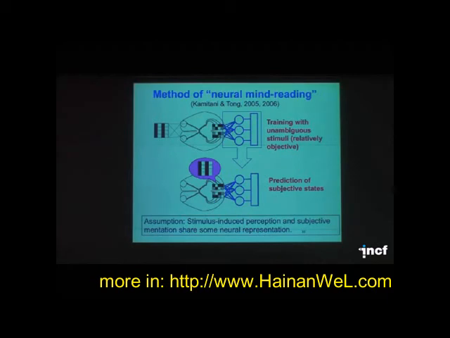So our method was basically using some training data to train a decoder and then test the generalization of the decoder to new stimulus. In the step of generalization, we can add some twist to perform a very primitive form of mind reading. We first trained the decoder using stimulus-induced brain activity, as before, and then this can be used to decode brain activity patterns which were obtained while the subject was having some mentation about that stimulus, just imagining or just paying attention to the stimulus. So if stimulus-induced perception and subjective mentation share some neural representation, maybe we can decode